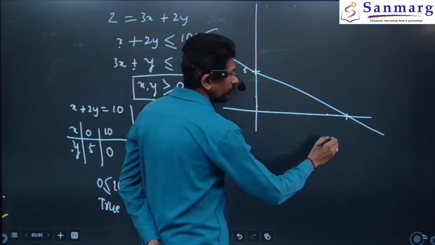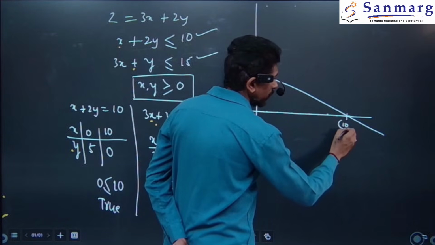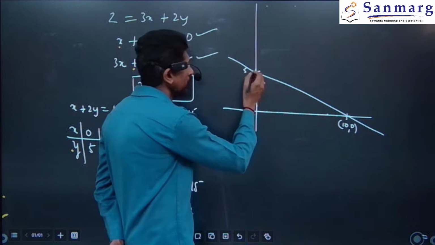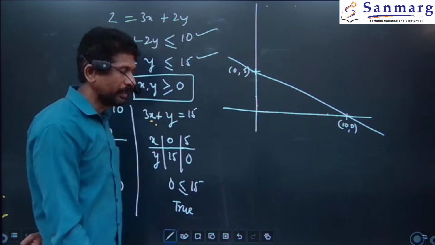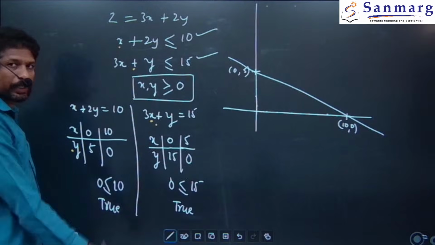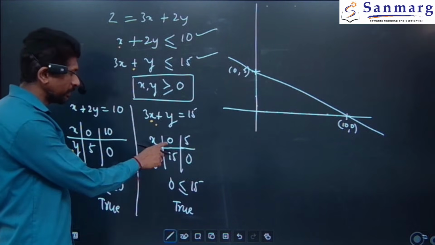This is the first one, where x is 10, y is 0. Here x is 0, y is 5 now. So that is the first line. Now I will go with the second inequality equation, where x is 0, y becomes